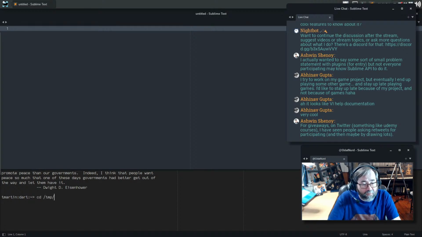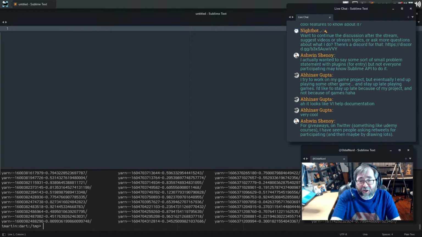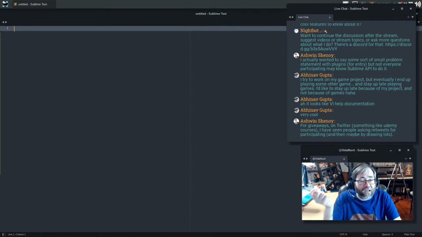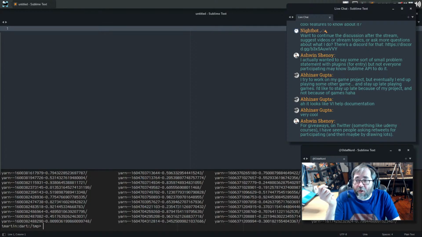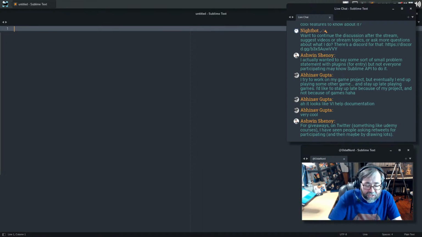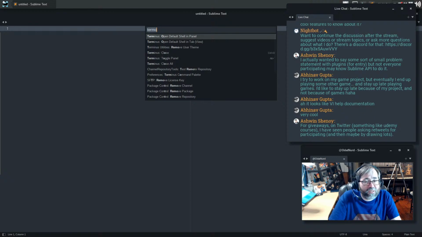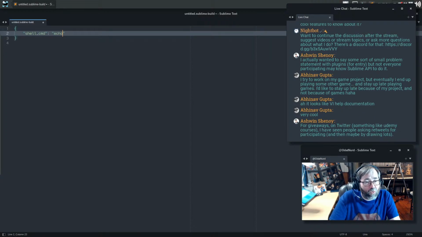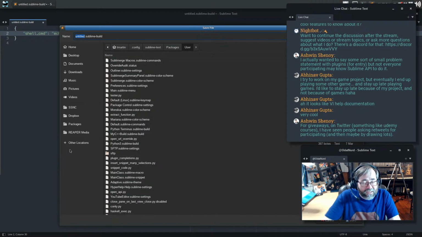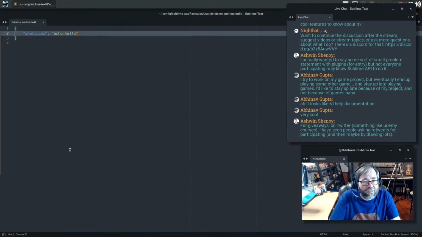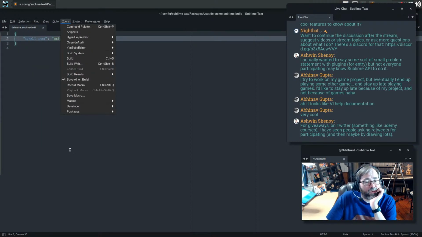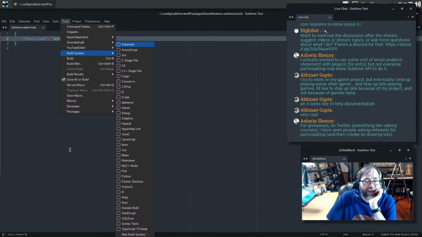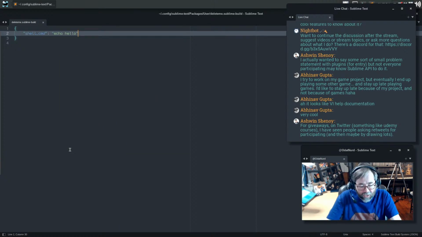Again, we can do the exact same thing here. This has different color schemes you can apply to it. You can add key bindings to open and close these things like so. And as we just saw there, and I don't know that I have an example of this per se, if we did new build system, again, we can say echo hello, for example. If I save this as delete me so that I remembered to delete it, then I have to go into the menu, tools, build system, and swap that to be delete me to make sure this is the build that executes.